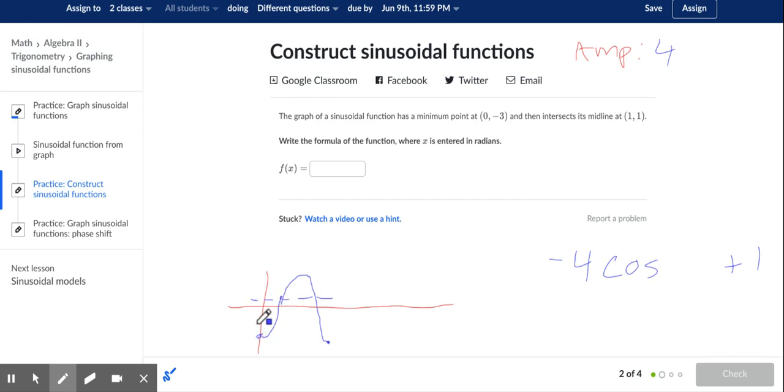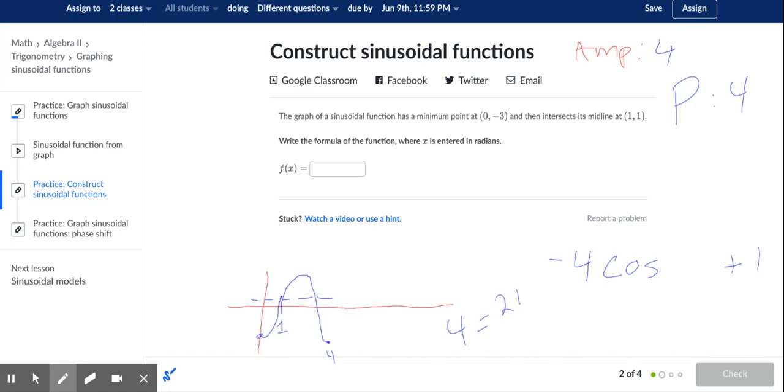This distance in the x direction is 1 because I was told that this is at 1, which makes this at 2, which makes this at 3, which makes this at 4. So my period is 4,